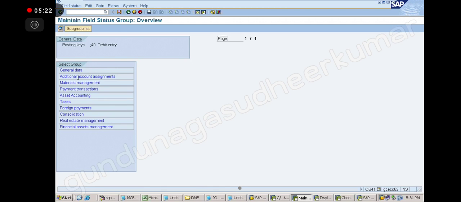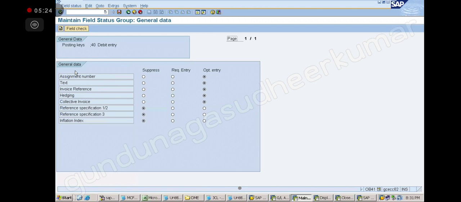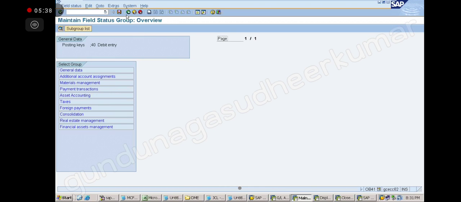General data, you can see text required. Same fields. So posting key wise also you can control the entry. At the time of entry, what is required, GL account wise we can control, and posting key wise also you can control. Is it clear?